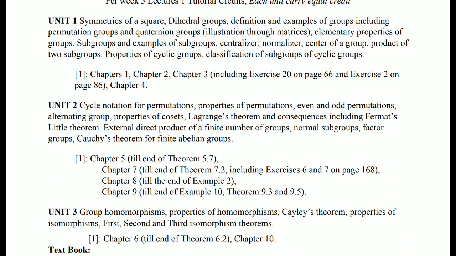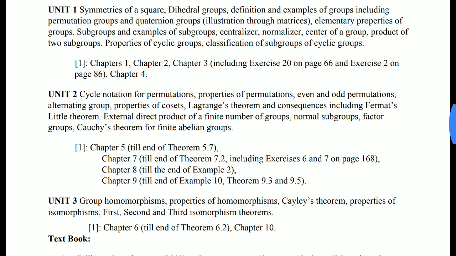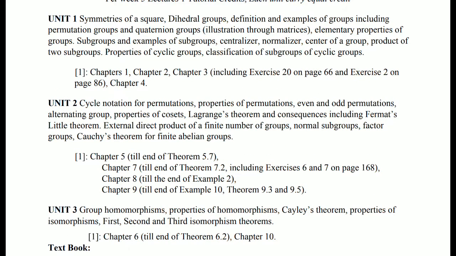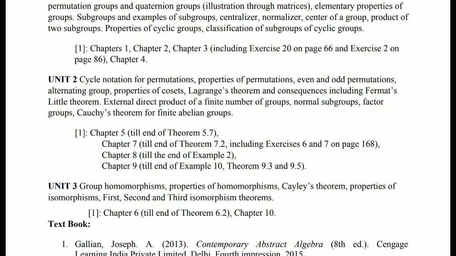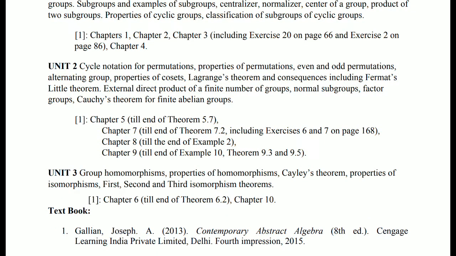Coming to our next unit, that is unit 2, we have topics like cycle notation for permutations, properties of permutations, even and odd permutations, alternating groups, properties of cosets, Lagrange's theorem and consequences, including Fermat's little theorem, and then external direct product of a finite number of groups, normal subgroups, factor groups, Cauchy's theorem for finite abelian groups. Okay, so you'll find all these topics in book 1, chapter number 5, chapter number 7, chapter number 8,